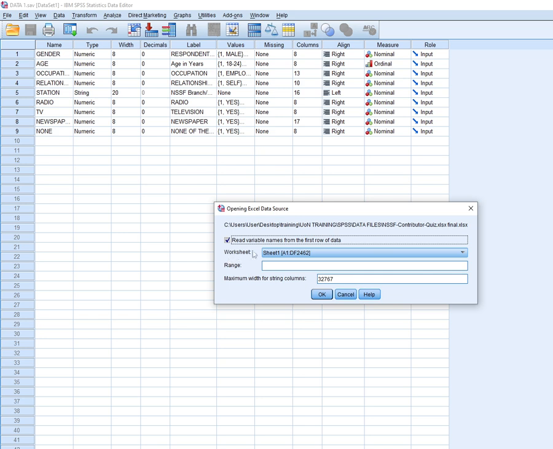That's why you're seeing an option here, sheet. Of course, you understand Excel comes with worksheets, so you can choose what worksheet you want to use in SPSS. Because there's no other worksheet that has data, we only have one. So just click OK,